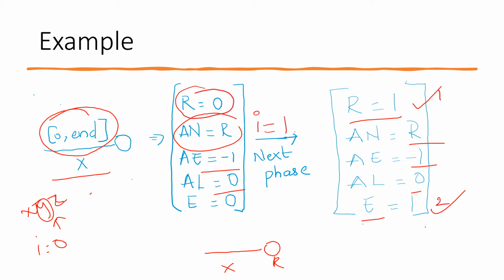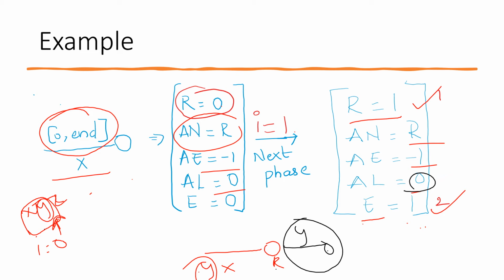So do we have a path xy? No. So when global end is 1, we have to go to every end and add y. That's free of cost. Whenever we encounter a new character, we go to every edge and add the new character at the end. So first we added that. Since active length is still 0, we check if there is a path from root to y. Since there is not one, I'll create one. So this is the new path. Now that I've created a new leaf, again I'll decrement the remainder to 0.